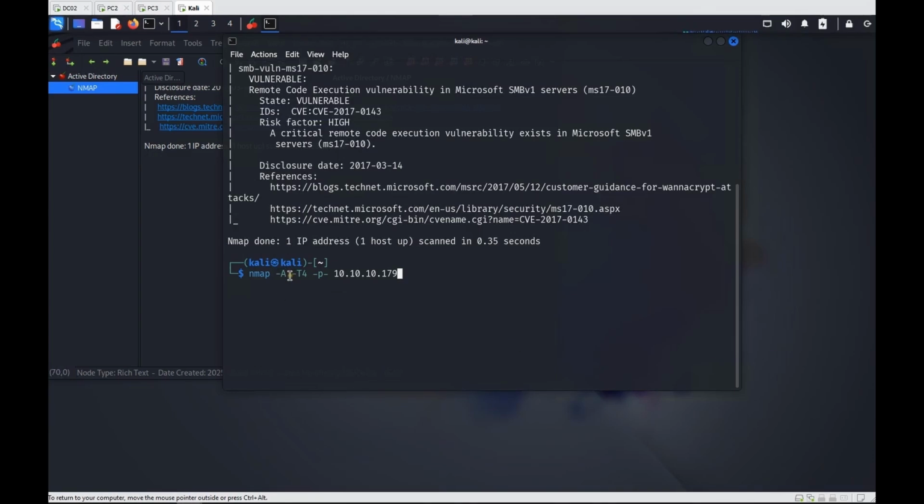And then you see -T4, this is super aggressive. I don't recommend using this in a real production environment. Because this is super aggressive, there is a level of timing. You can go 5 if you want to go higher, or if you want to go lower, 3, or 2, 1, 0. So there's a 0 to 5. So T is timing, okay? That's why I'm using 4 as aggressive, and then this is -p-. It will scan every port that exists, and then the IP will be